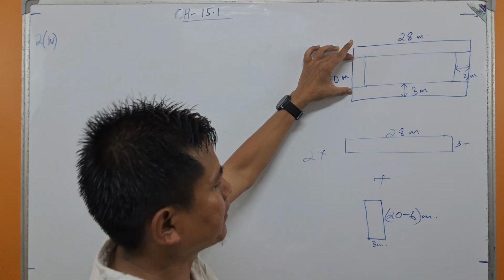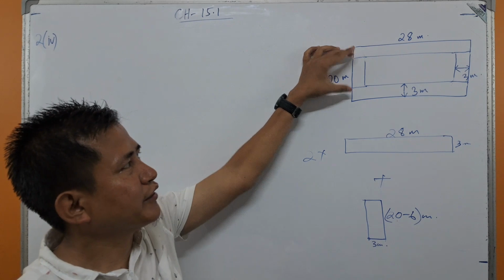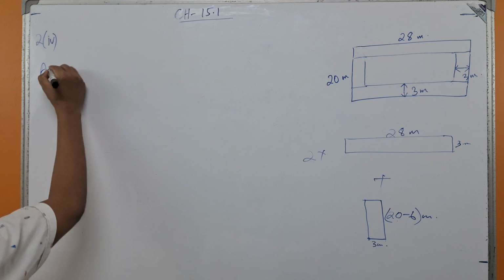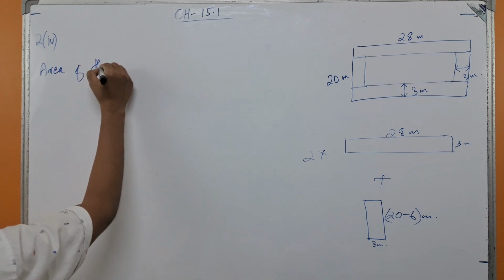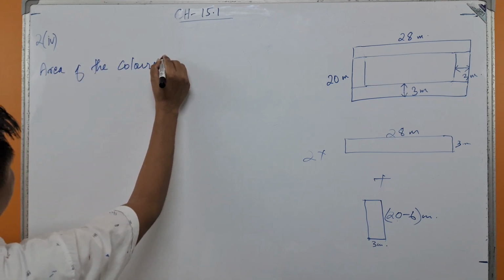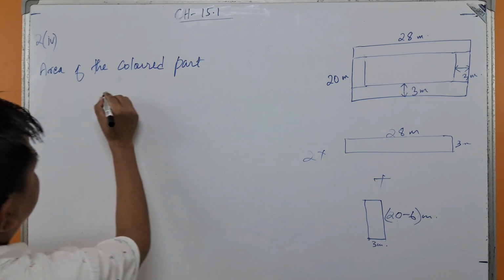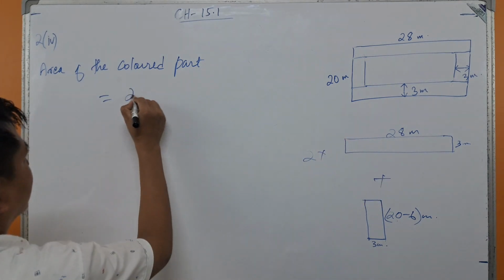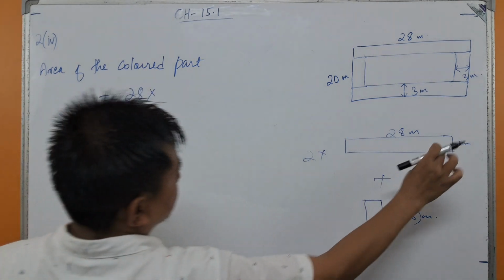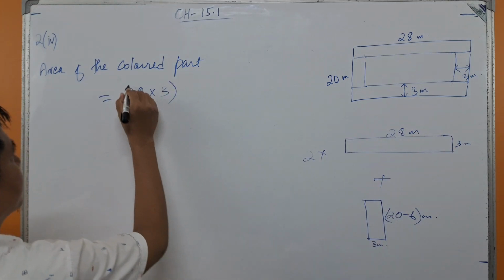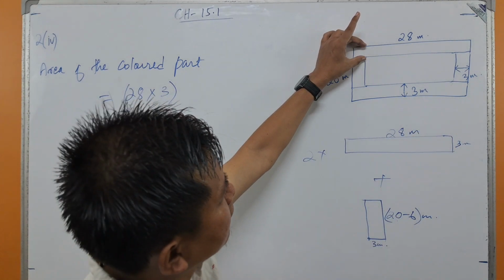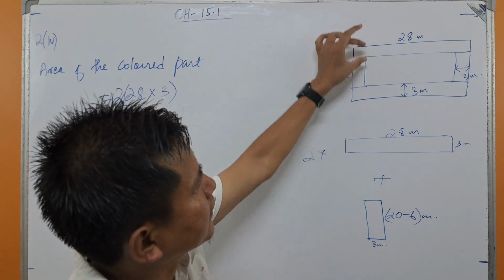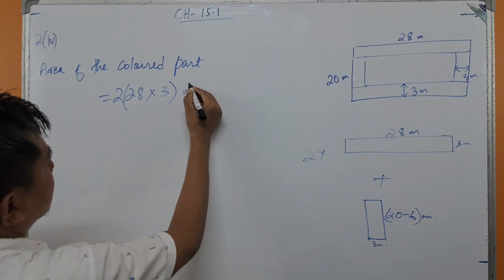After that, when we multiply the area of this rectangle with 2, we get the total areas of these two rectangles. So area of the colored part equal to, length is 20, I'm writing the area of this rectangle, length into breadth, breadth is 3, length into breadth will give us the area of this rectangle. When we multiply by 2, we get the total areas of these two rectangles, meter square plus